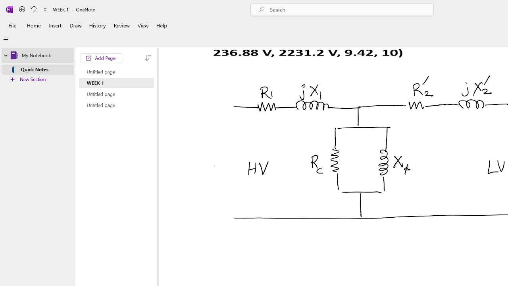So this is the equivalent circuit. Please go with the explanation of this transferred impedance. As you write, R2 dash is equal to A square into R2. Let me complete. Equivalent circuit referred to the high voltage side. This is, you derive,